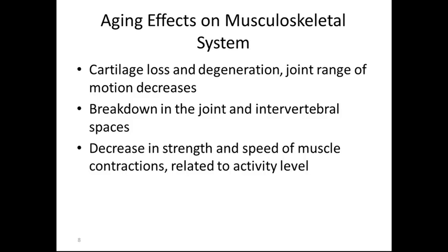Aging effects on the musculoskeletal system: cartilage loss and degeneration, and joint range of motion decreases. Collagen is a protein that forms fibers of the tendons, ligaments, and fascia, and is very important in our musculoskeletal system. Breakdown in joints and intervertebral spaces often happens among our geriatric population. Decreases in strength and speed of muscle contraction are related to activity level, so it's really important to educate our patients on remaining active,